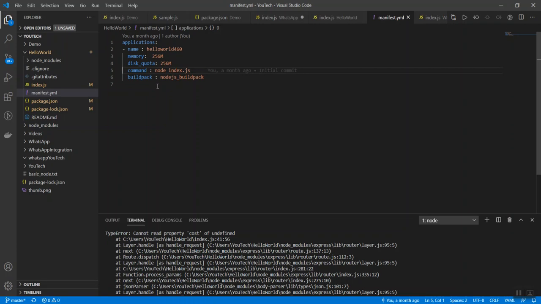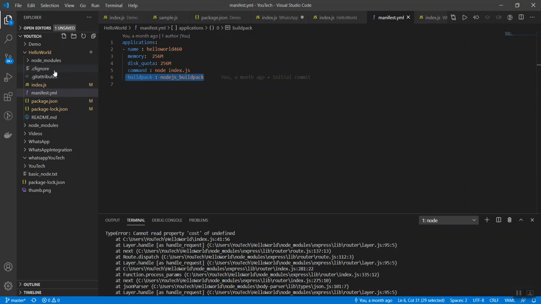In the first video I also mentioned that Cloud Foundry supports more than 8 build packs. It's nothing but our Node.js, Python, Java or Go language. There are multiple build packs. If you don't mention your build pack, it will try to download all the build packs relevant to your application. That's the reason this YAML file gives full control of how your application is configured on the hardware side. This is actually best practice. We always use the YAML file in production. This is nothing but a configuration file of our application.